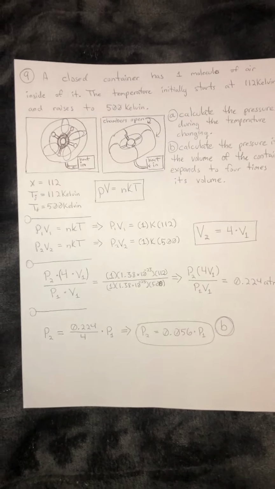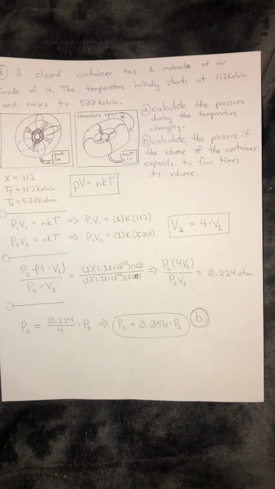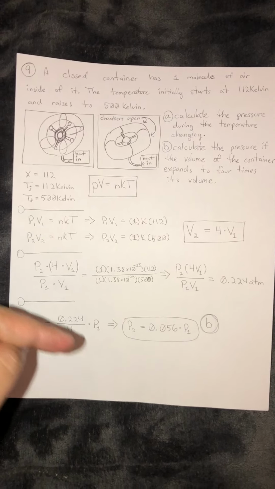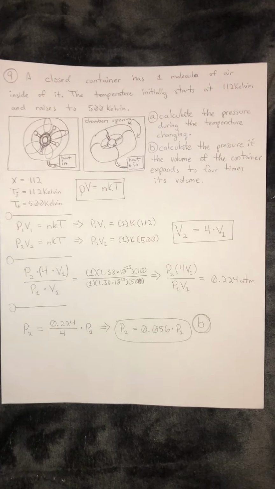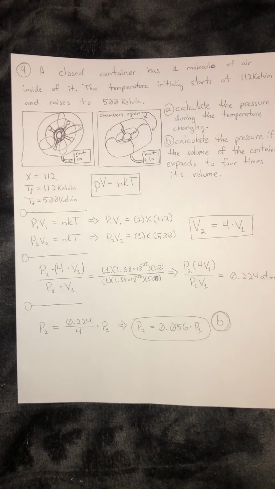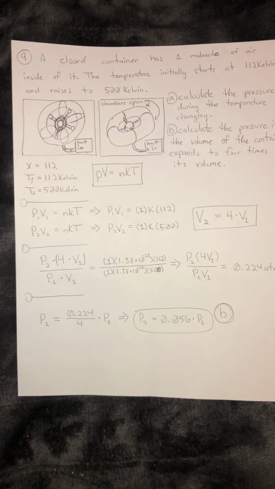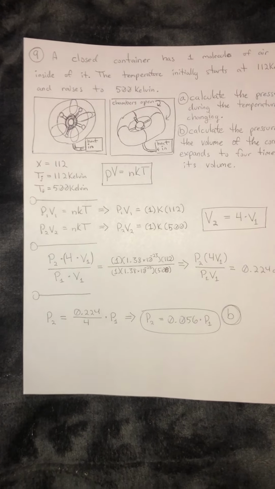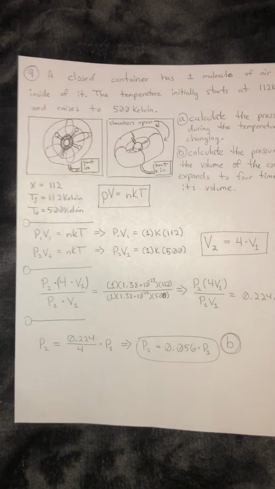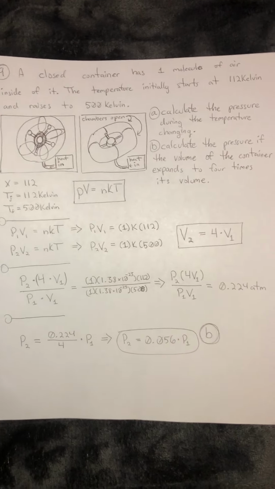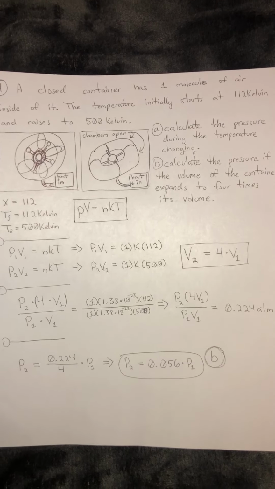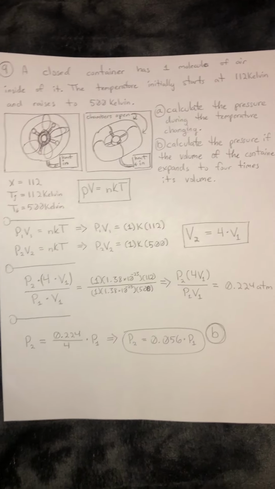One of the base rules of pressure and volume is that as volume increases, the pressure will decrease. And when it comes to temperature, the base idea is that as temperature increases with the same amount of pressure, the molecules will fly around a lot more and the pressure will substantially increase. So as temperature increases, so does pressure, and as pressure increases, the temperature should increase too. Now, with that said,